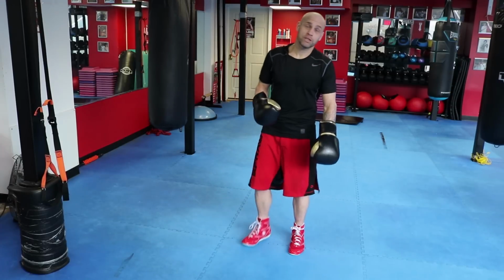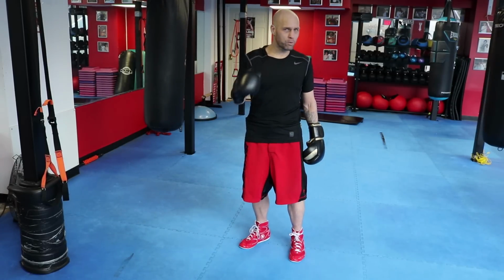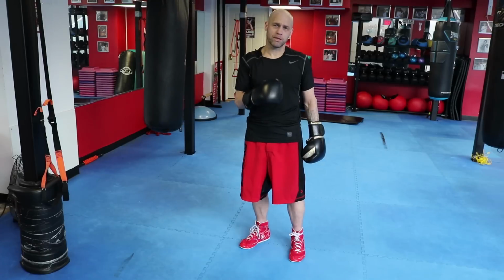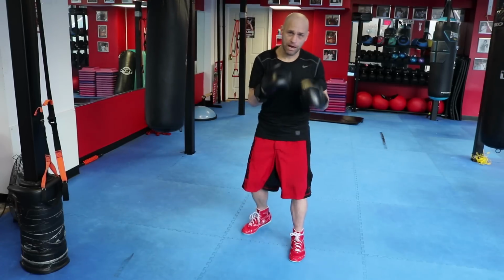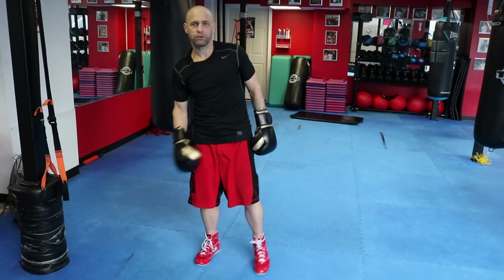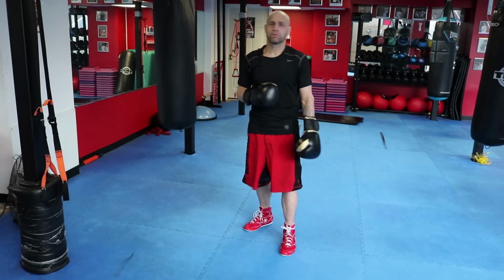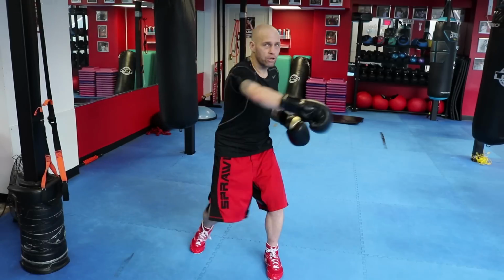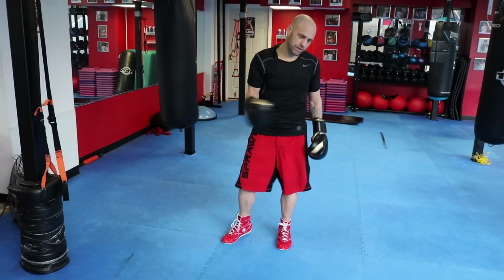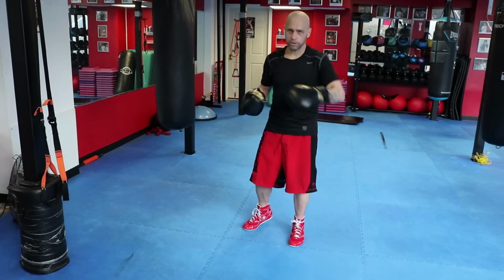southpaw. Now, a third reason to be able to throw while moving to the right is also just to be a little bit unorthodox, to show your opponent something they're not used to seeing, and to set up the angle. When you throw, you're able to work and shift your feet and set up the angle. Of course, there are other ways. In my other videos, we've talked about setting up the angle with the right hand and setting up different kinds of angles with shifts. Here we're going to do it off the shot, moving to the right with the shot,